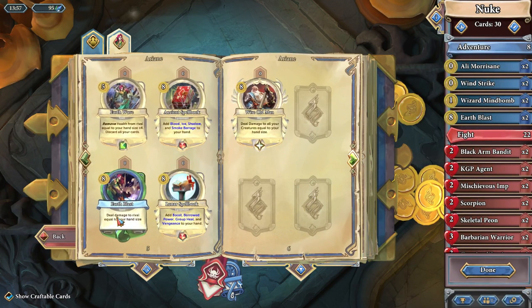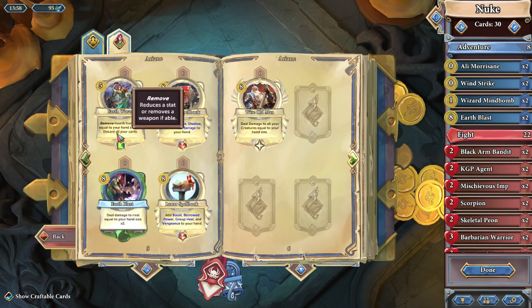Here's the other one, because there's Earth Blast and Earth Wave. This deals damage equal to double your hand size. This one is remove health from your rival equal to your hand size plus 4. Now the distinction here is this is removing health and this is dealing damage. Against the Raptor, this has to go through armor. This one doesn't. That's where the power of this card comes in, but I don't like it that much because